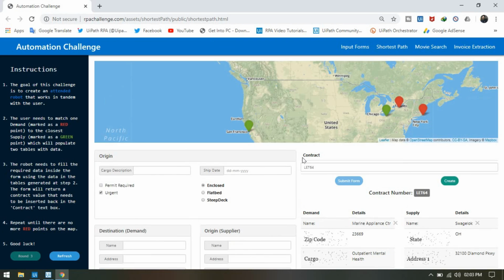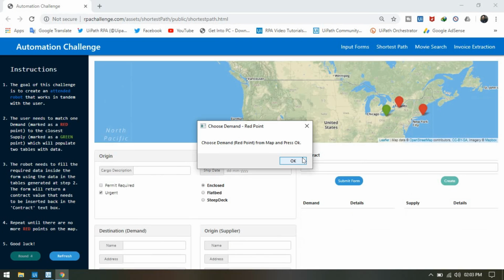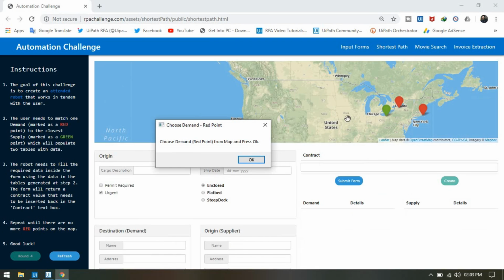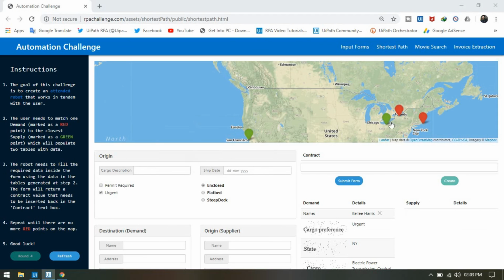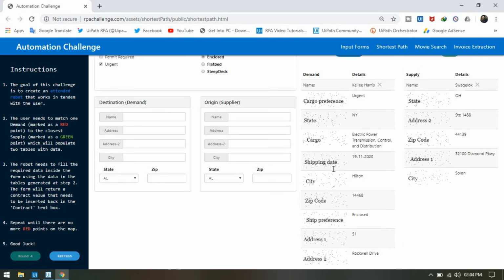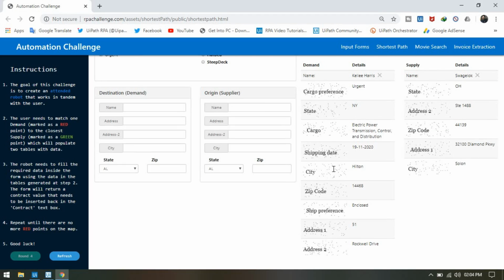Basically I am not looking at the time it is taking to process the RPA challenge. I am just looking for the correct data, so it will fetch the correct data and fill it in the destination demand and origin supplier.